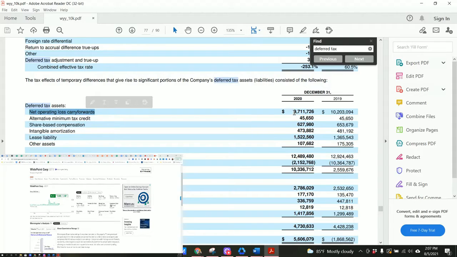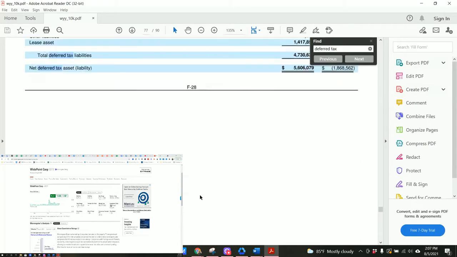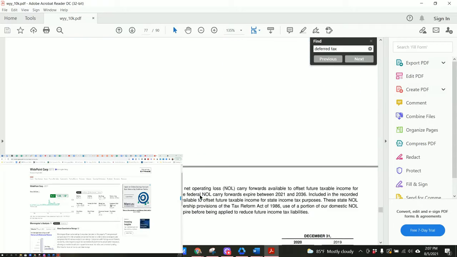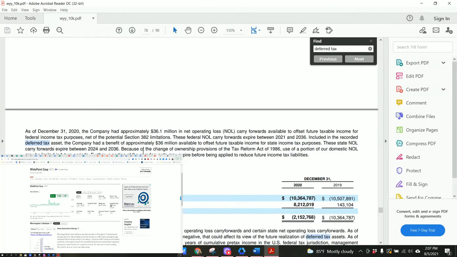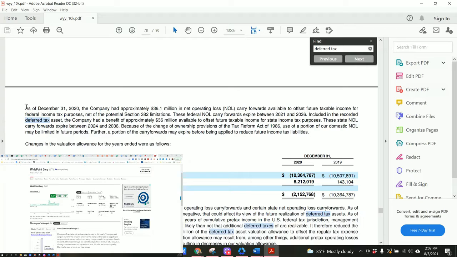They are showing that they used $9,711,726 in deferred taxes for net operating loss carryforwards in 2020. They used $10 million in 2019, so that means they offset those years' taxes by that amount. This is not the chart we're looking for, though, because this is not the final number. Okay, here we go. So there's usually that little chart, and then there's this,